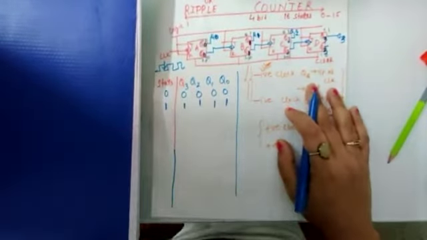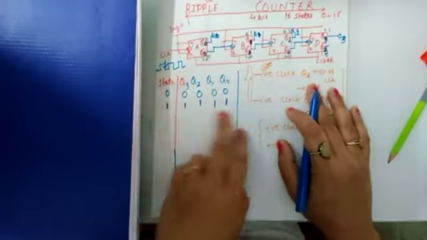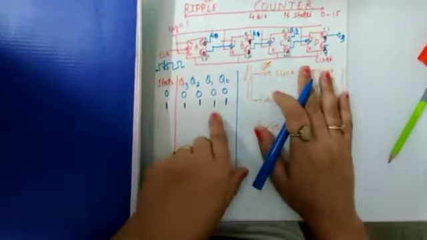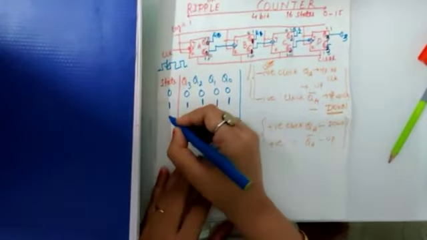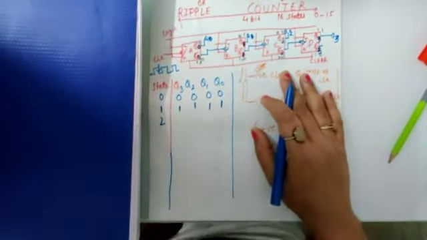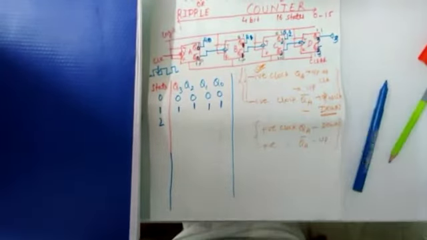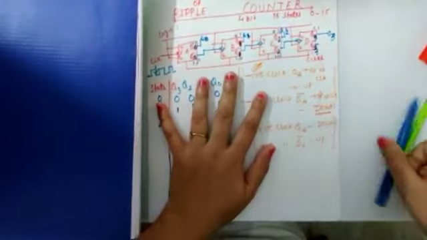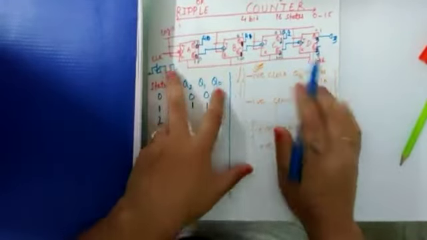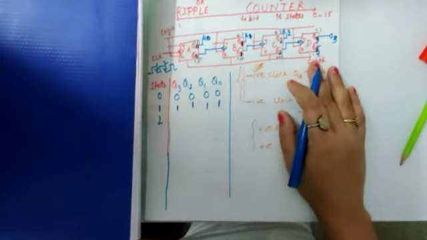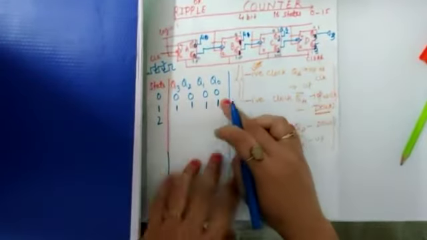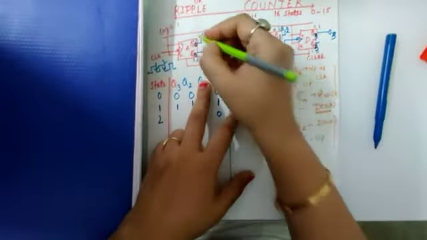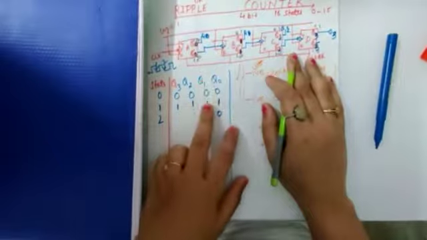Now what you can see, the value is not 1, the value corresponds to 15. So for the first clock pulse it will count 15, down counting starts. See, for the second clock cycle, what will happen? Now for the second clock pulse, the second clock pulse reaches the first flip flop. The first flip flop always toggles, so it will toggle from 1 to 0.